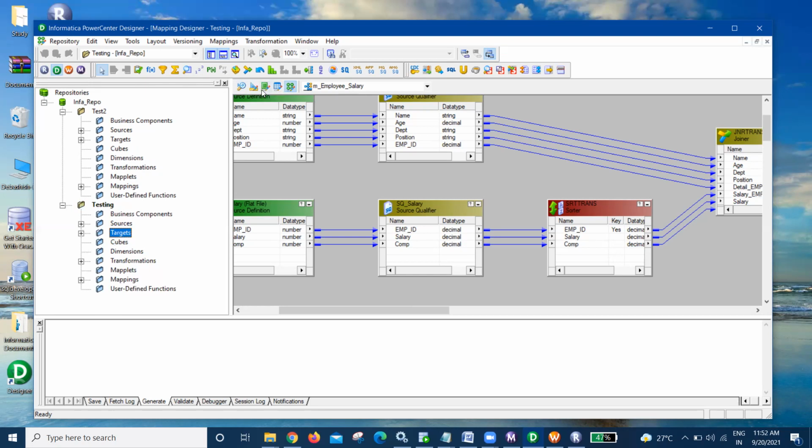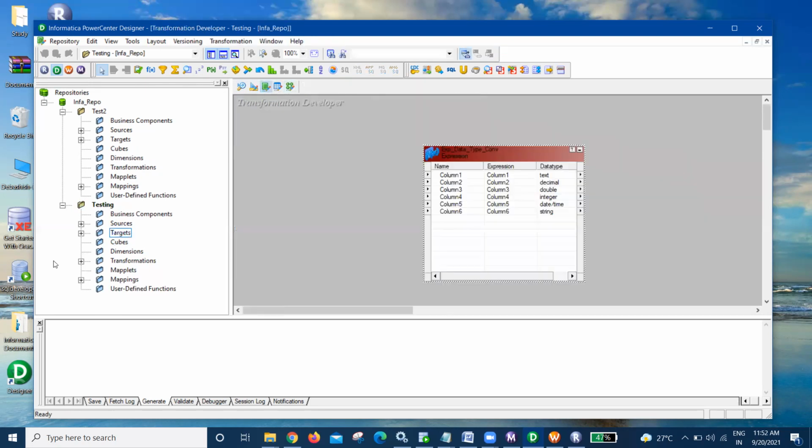Similarly, if you create anything in the transformation window and save it, it will be available in the transformation window. If you create anything in the maplet, it will show in maplet, and anything in mapping will show in the mapping folder. That is the structure and workspace defined to store the information in the respective folders.